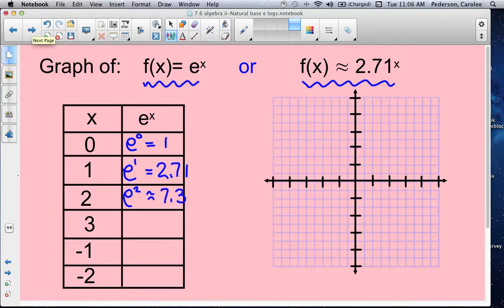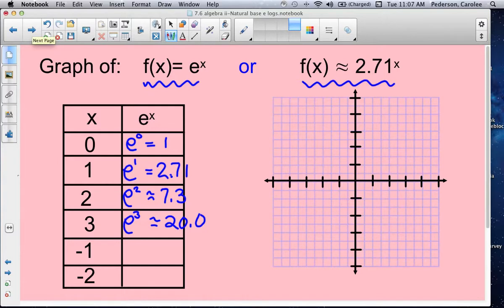Now 3. Substitute 3 in for x. That represents e cubed. So that's e raised to the 3rd power, or e times e times e, or 2.71 times 2.71 times 2.71. In your calculator, you would get approximately